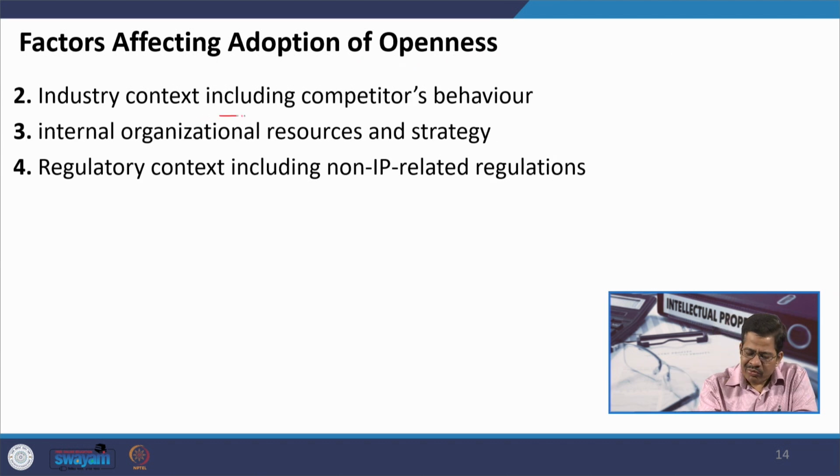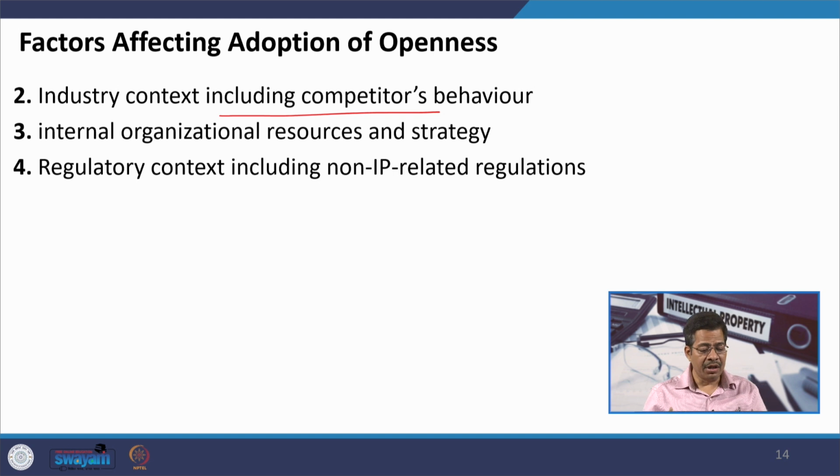And the industry context, that is the IT activity, and it is also possible that one company cannot be competent enough to drive the changes in this new environment. So, you need more collaboration to drive the change. Therefore, the industry context where collaboration is a must for driving the change is also a reason for adoption